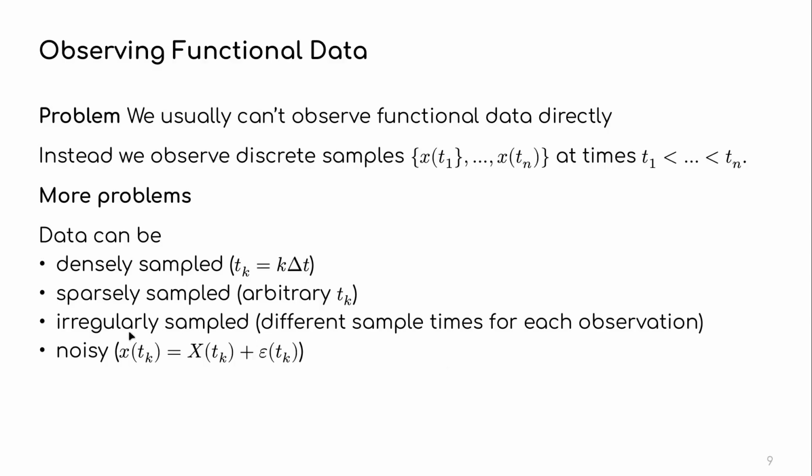Let's say I have multiple people gathering electricity counters, and I have another problem which is that they probably won't be making the measurements at the same time. So now we also have to deal with the fact that my different data streams are not sampled at the same point. And on top of that, of course, it might be noisy. Maybe there's measurement error in my instruments, or maybe someone can't read the counter quite well and makes a mistake. So we have to deal with all of these.